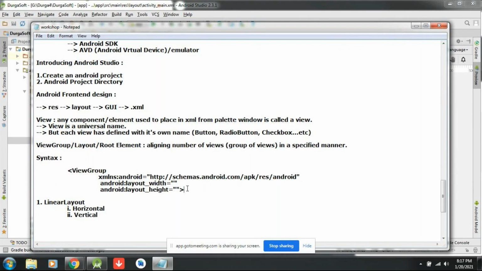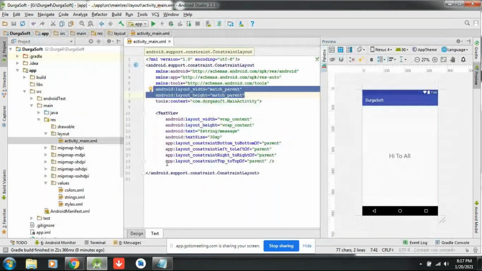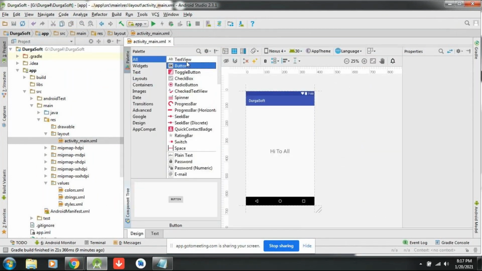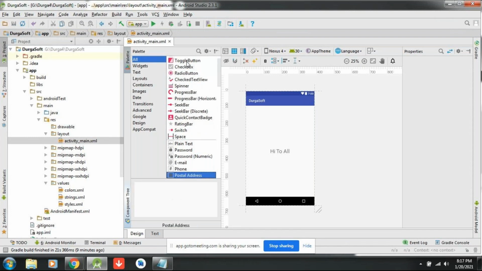Inside the view group, what are you going to add? You are going to add a view. So what is a view here? I told you views are nothing but either a text view or a button or a toggle button, whatever it is. Everything by default you can consider as a view.